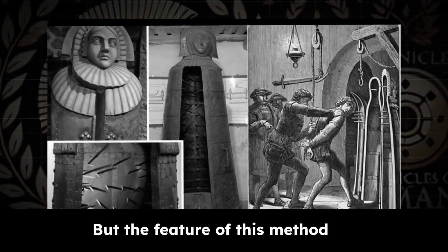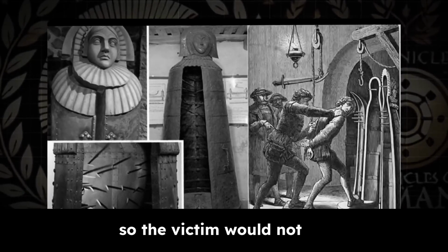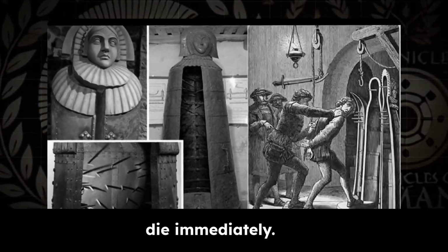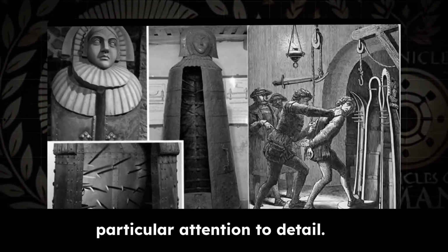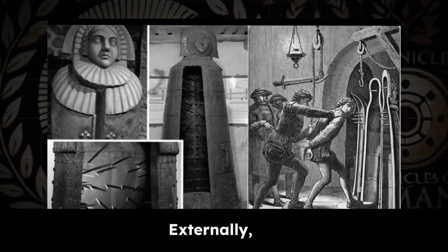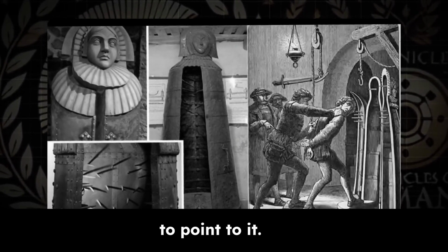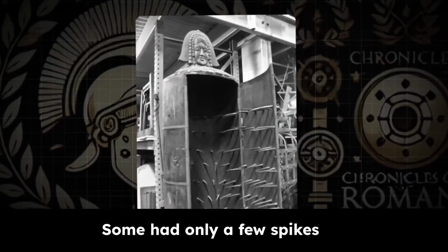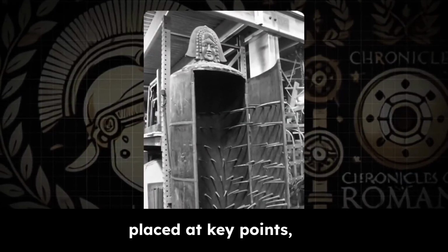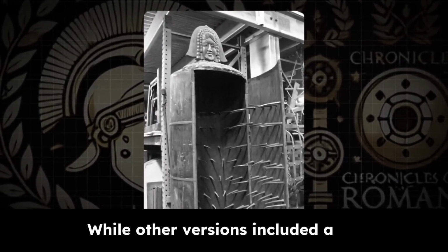But the feature of this method was that the spikes often did not touch vital organs, so the victim would not die immediately. The Iron Maiden was crafted with particular attention to detail. Externally, it could have a sinister face, whose expression seemed to point to it. Different versions had their own features. Some had only a few spikes placed at key points, such as the chest, abdomen, eyes, or thighs, while other